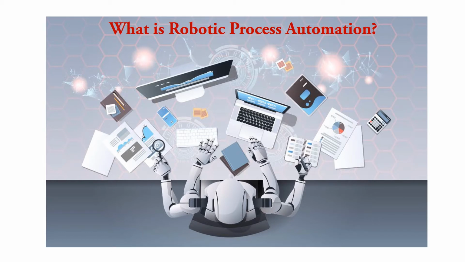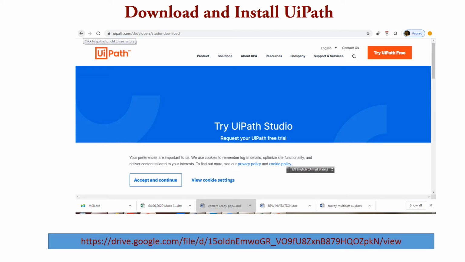Let me get into what is robotic process automation. Before that, I want you to install UiPath on your system. Then it will be easier to proceed with the hands-on session. To download UiPath, you can go to www.uipath.com where the UiPath Studio version is available free. This is a free licensed version. You can utilize it as such. Or else you can use this link to download UiPath. I'll give this link in the description box so that you can get it from there.